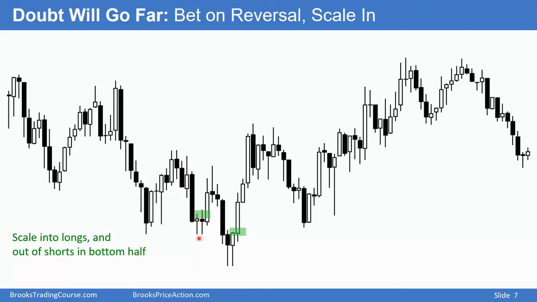Another breakout below this double bottom. The bulls are confident it will not get very far. Some bulls will buy more above this good-looking bull bar. Other bulls will hold on to their original position. If the second entry is less than a scalp distance away from this entry, a lot of traders will not